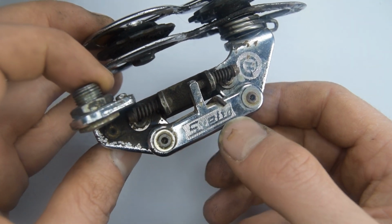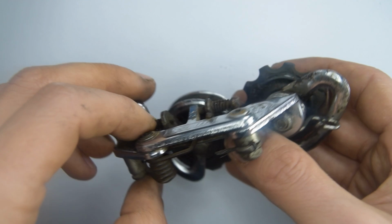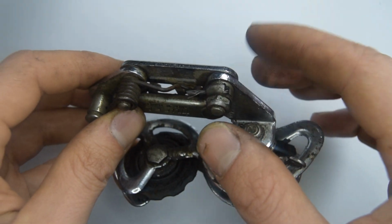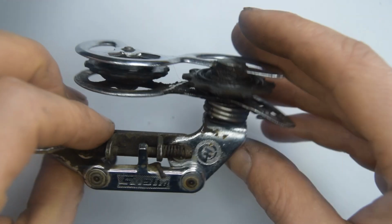It's a HURET SVELTO, made in France, probably from the early 60s. It's very simple in design. A lot of the parts here are riveted or stamped, and they can't be removed from the looks of it, except for this part here